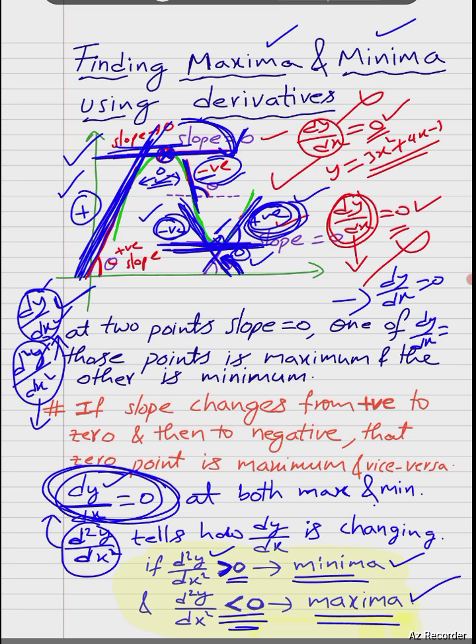Okay, this is how we can find out in a function whether it is a maximum or minimum by finding d²y/dx². Okay, if the d²y/dx² value we get is greater than 0, the point is a minimum, and if d²y/dx² is less than 0, the point is a maxima. Okay,